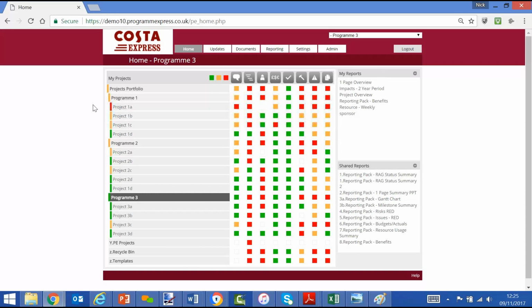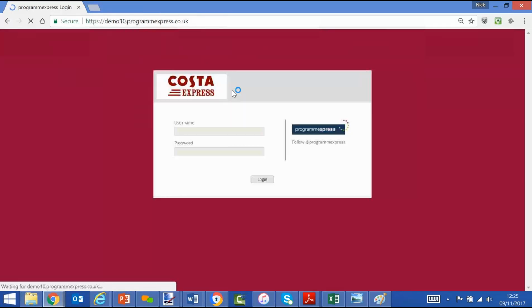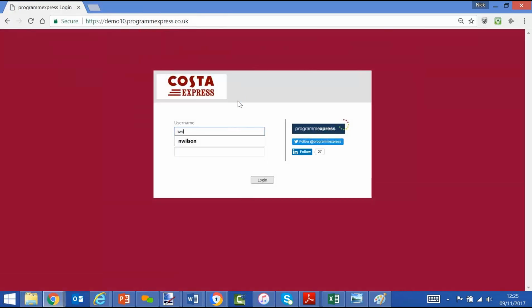ProgrammExpress is very much about simple data input and powerful program and portfolio reporting output. In terms of data input, the home screen allows us to simplify the UI depending on the role of the user. And if I show you an example now of somebody who is a project manager who has a role